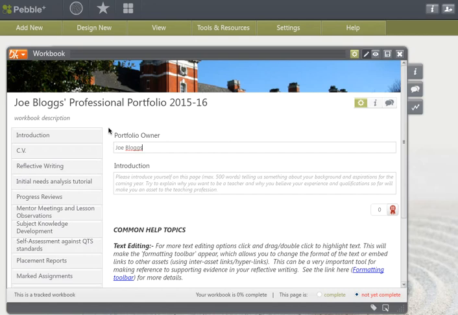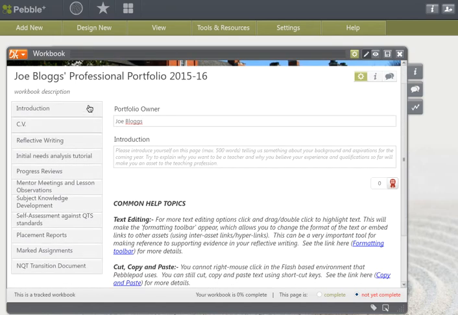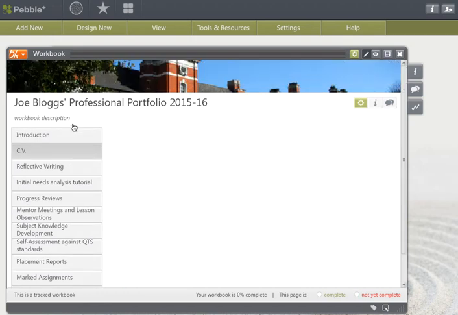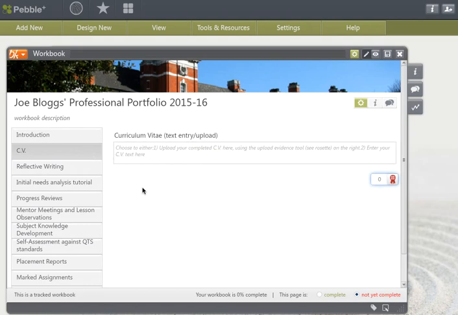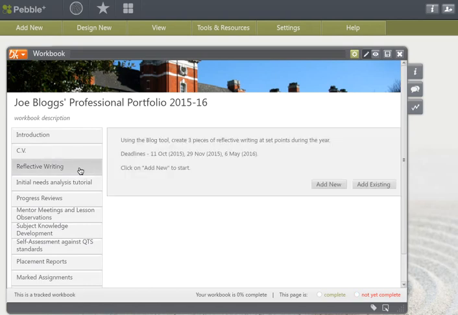and once we're into the portfolio, you'll notice that we've got a menu down the left hand side, and this will let us move through the portfolio by clicking on the different headings. The headings represent different pages in the portfolio. So the first one is introduction, but if we click on CV, we'll move through to that page. Reflective writing,